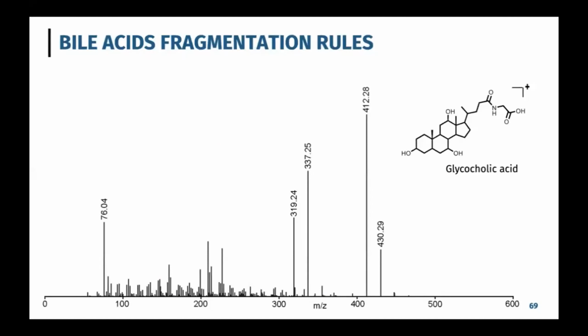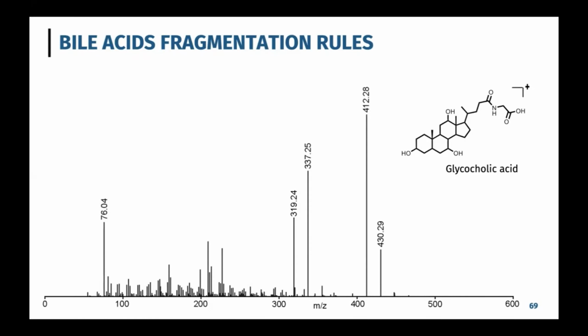And so what MassQL essentially allows us to do is build the rules and say, okay, this is how we want to filter the data. So for example, if you're interested in iron binding molecules, you can look for iron signatures. If you are doing a drug metabolism study and you know your compound has a halogen on it, let's say chlorine, you can create a query that will filter specifically for chlorinated metabolites, so you can find all the metabolites that contain chlorine. But you do need to understand the mass spectrometry a little bit and how to interpret